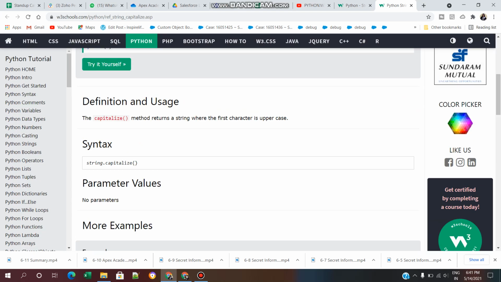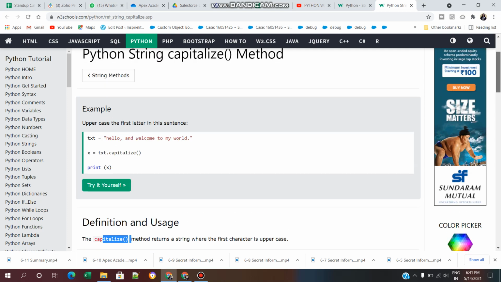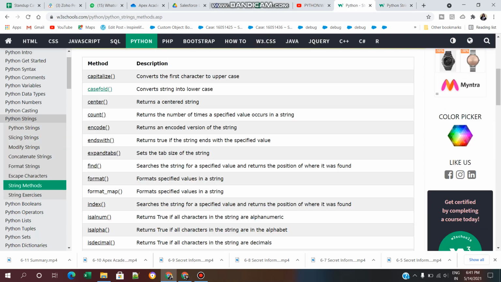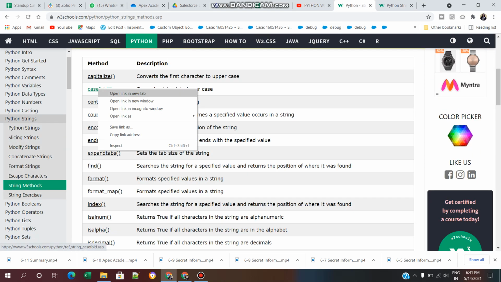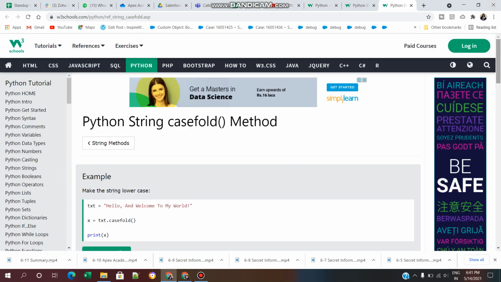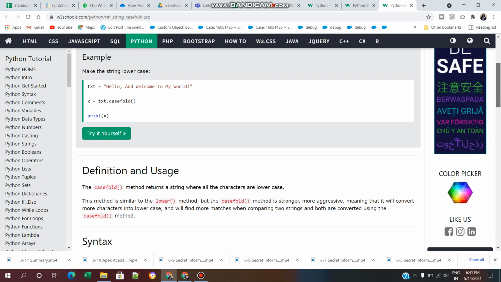So this is the definition of the capitalize method and this is the example. And if we click on the casefold method, we will see the definition and example. In the next video we will see the example and definition of each and every method.